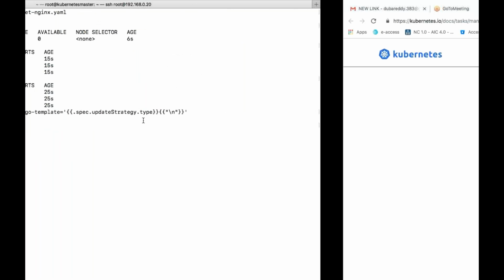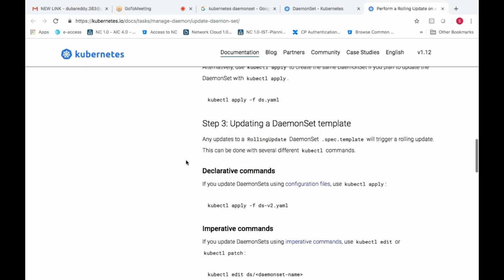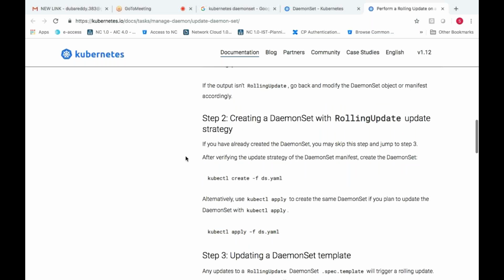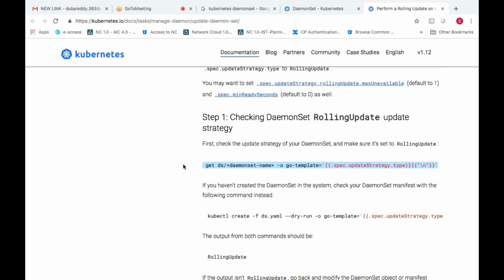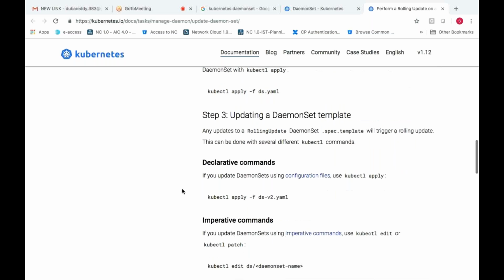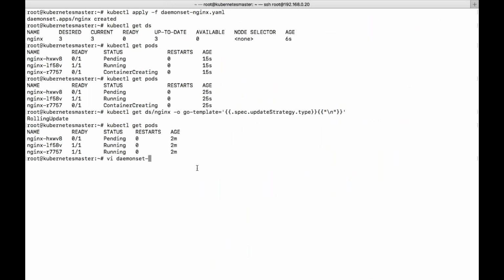Let us do one thing. Either you can modify using CLI or from the configuration file, or you can use an edit option. There are multiple ways. So I will pick one option in order to modify the parameters. Daemon set nginx. I will open this file and I will set the image.